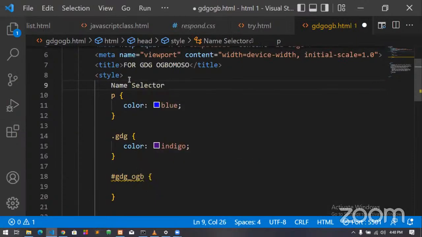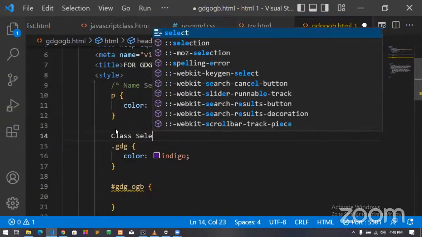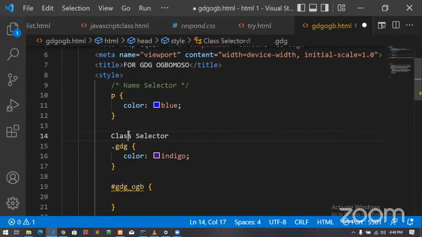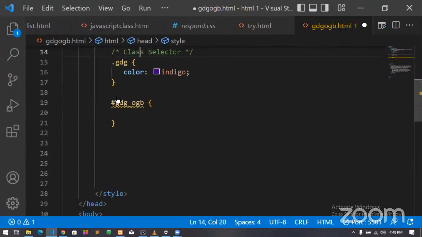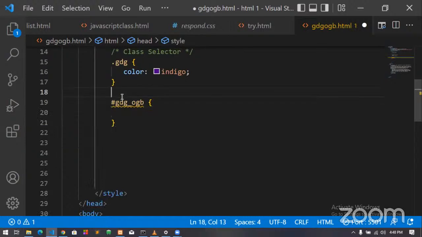Just for us to understand that better, I'll comment this. I believe we've been taught comments in yesterday's class. This is a class selector. And this is actually an ID selector. Great.